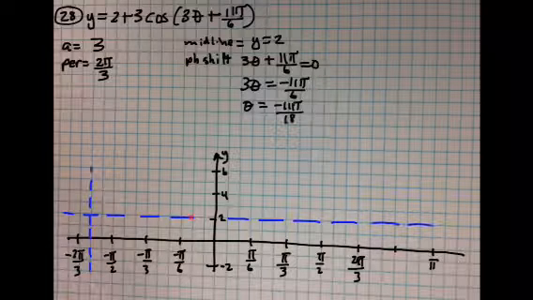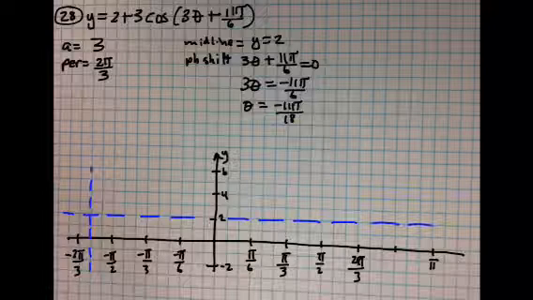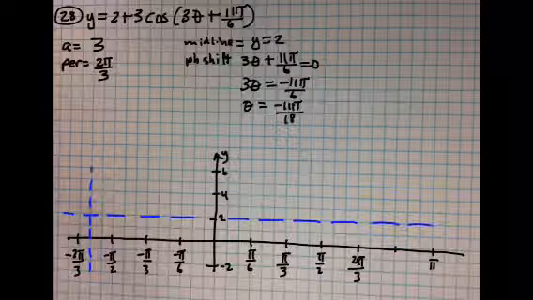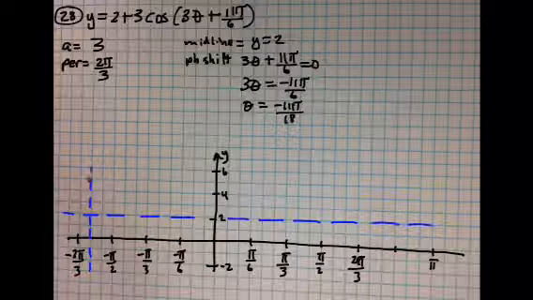Here's the midline, and then because of the phase shift negative 11 pi over 18, I counted 11 squares over, and I drew the vertical line. So cosine is going to start right here. Okay, so it's going to be maximum, the amplitude is 3, so from the midline I count 3 up, 1, 2, 3, and then